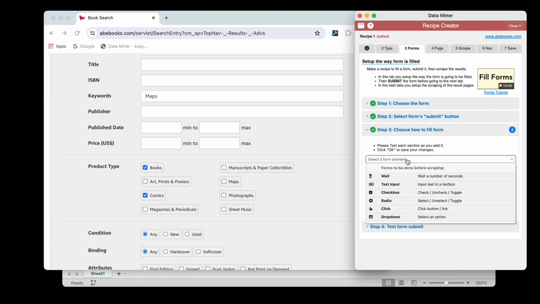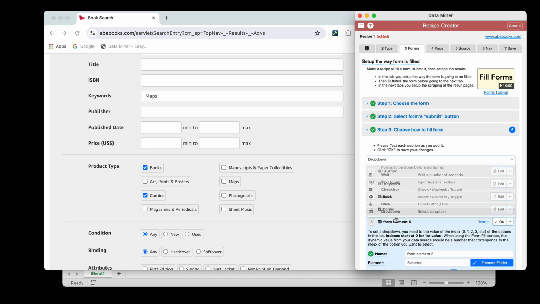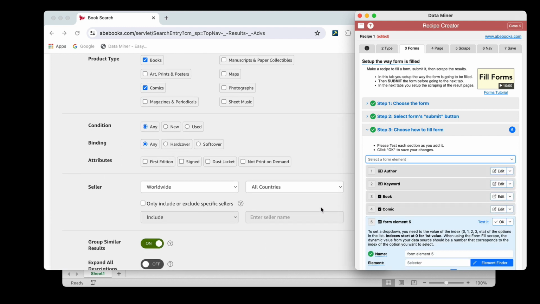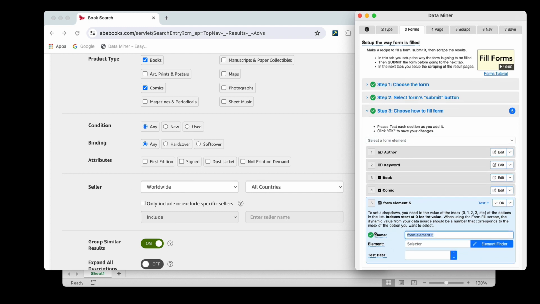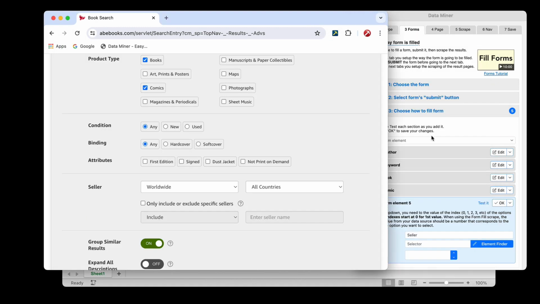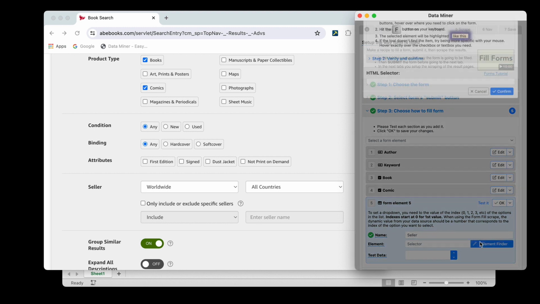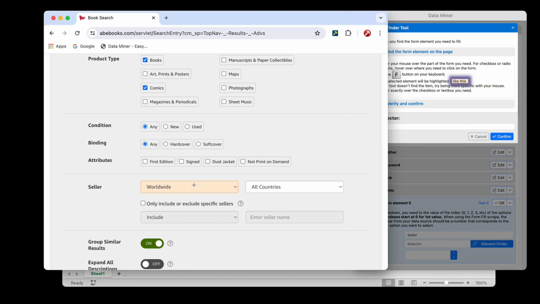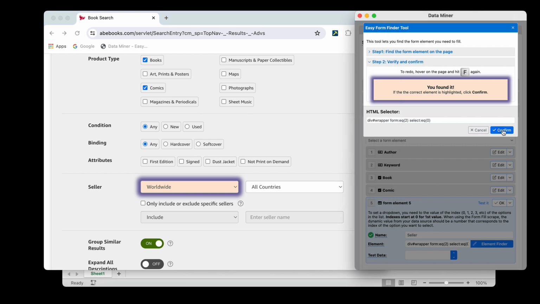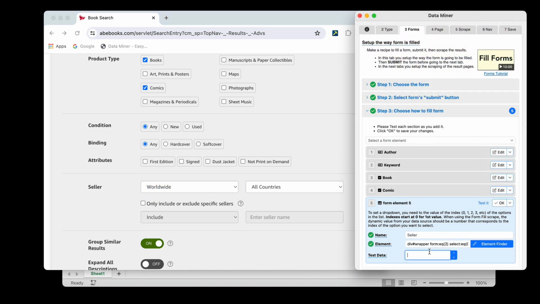Great. So I think we have the drop down now. So from again our menu, this time we'll do drop down. Scroll down to the seller option, and we'll call this seller. I believe that's what I called it. Yep. Great. And this time we'll hover, hit F over the menu, click OK. And for now the test data,